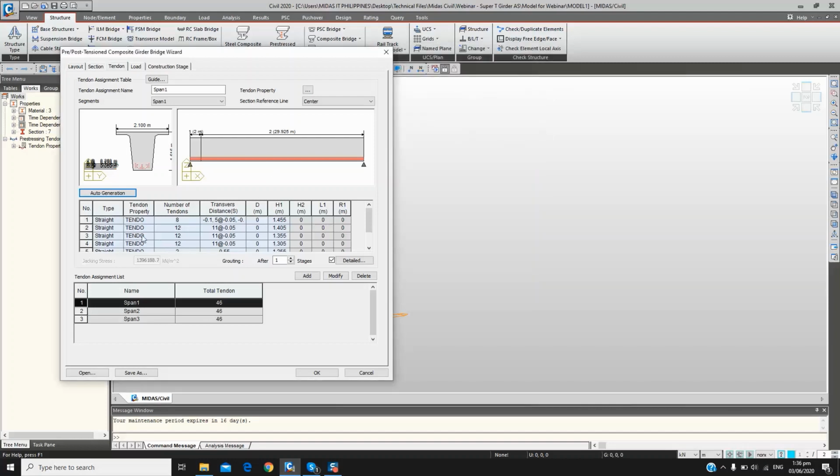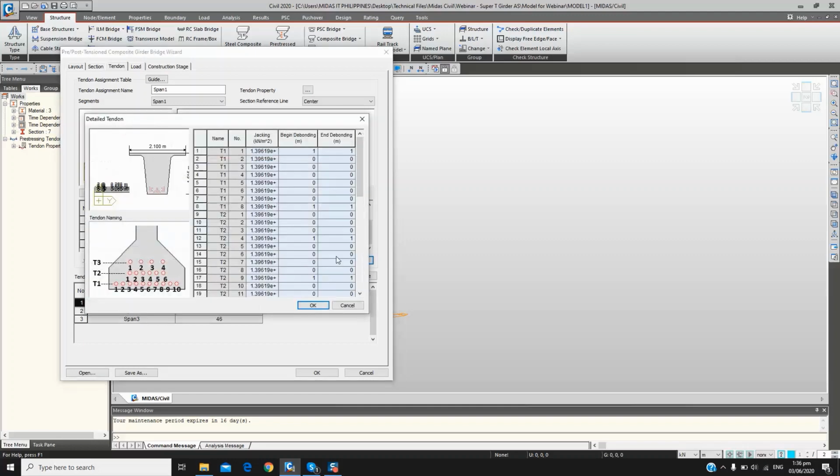Then it will automatically input these tendons in your table. Afterwards, you'll need to define the routing for each tendon. But for me, since I have the debonding data for the tendons, I defined it in the detailed section for the tendon. So if you click on detailed,